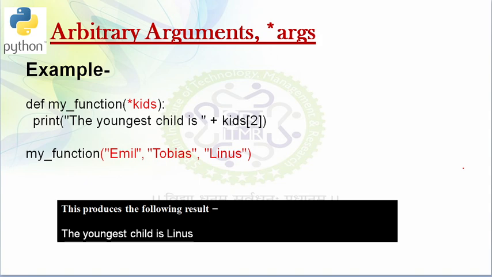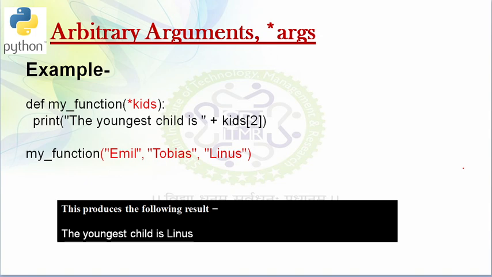Basically, arbitrary arguments give us the flexibility to specify the number of arguments. Whenever I'm not sure how many arguments I want to pass, in that case I can make use of arbitrary arguments.